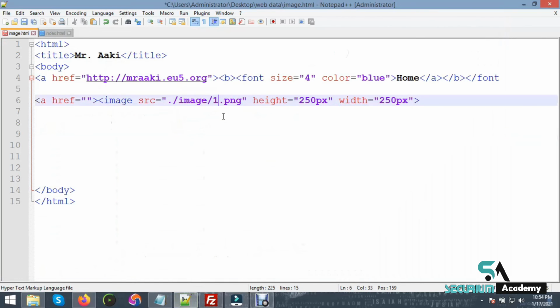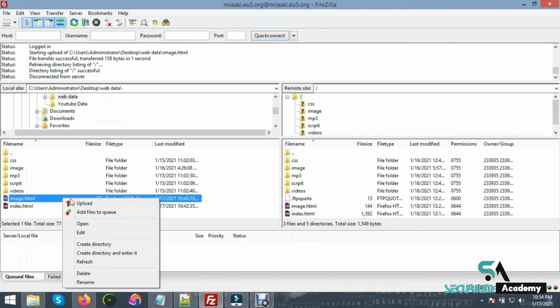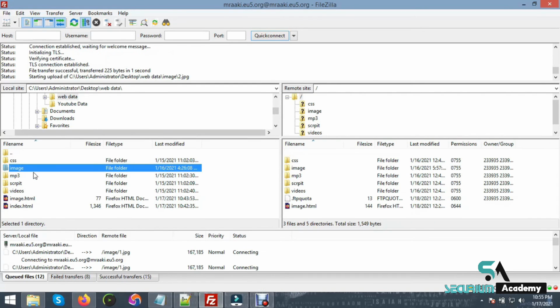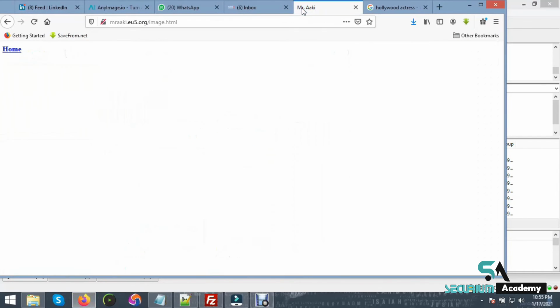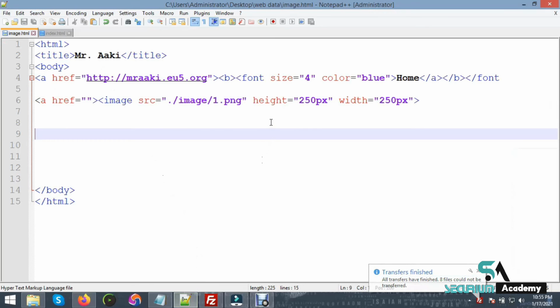First we type here like 1, then you press Ctrl S and go to FileZilla and update your page, as well as you update your image folder and go to your live site and refresh. Okay, it's showing like this. If you want add here any text regarding your image, like sometime your image is missing, that time is showing like this. If you add here any message, that time you go to your coding page and you type here